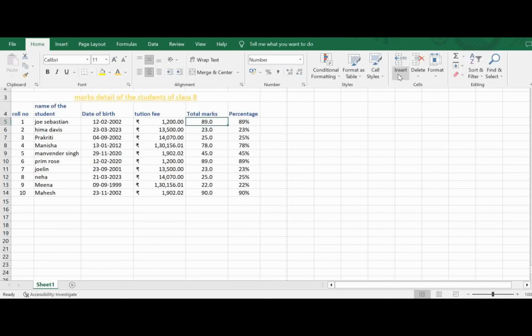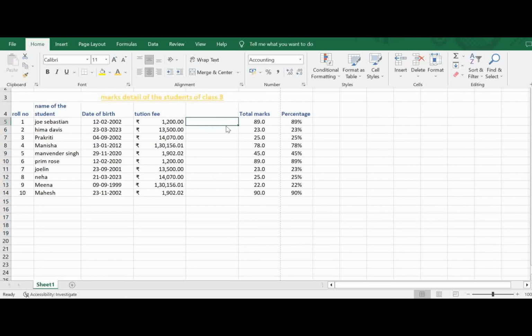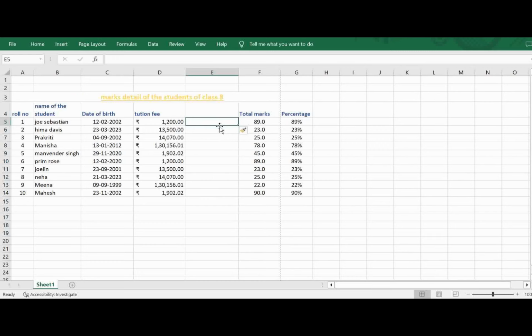Click on Home, Insert, and then I am inserting a column. My objective was to insert a cell here, that is at column E and row 5, so E5. I have got a cell here by creating a new column.